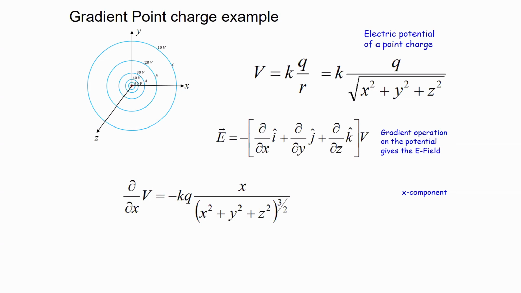All right. So we can rewrite this then in the following manner. This is the x component. It's minus k cubed